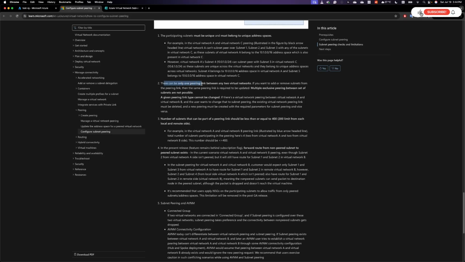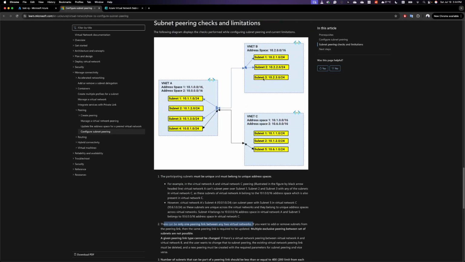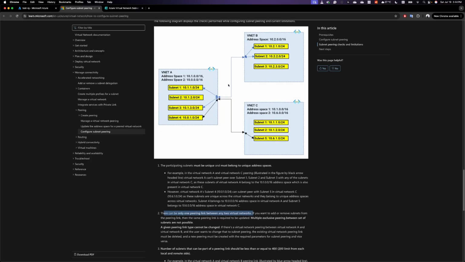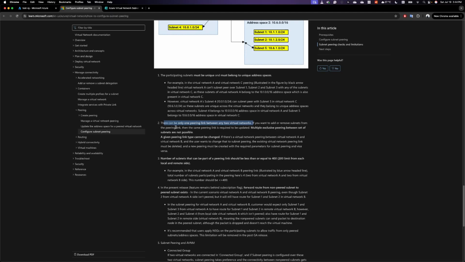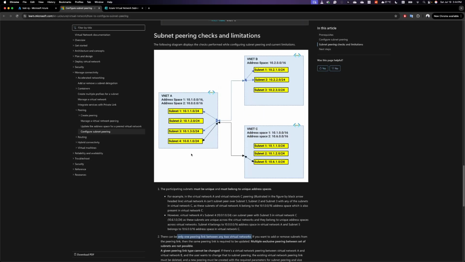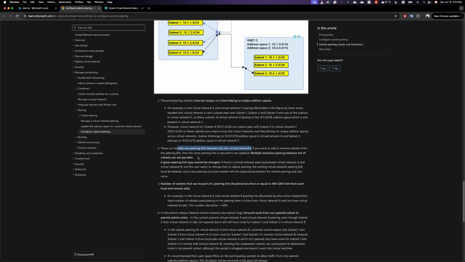There can be only one peering link between any two virtual networks. Let's say you have multiple subnets, up to 10 or 15 or whatever the count. If you want to create multiple subnet level peering links, that is not possible at the moment. Only one peering link can exist between two virtual networks. However, if you want to add another subnet to the existing peering link that you created, that is possible. Let's say here,